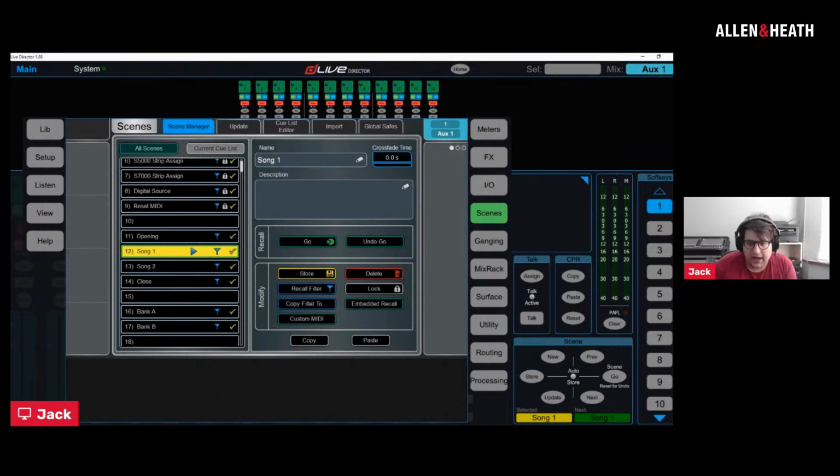There are no current plans to have any sort of timecode integration with dLive. That's not to say that we would never do it, just that at the current moment, it's not something we're looking into. There are lots of options if you want to fire scenes with timecode of using some sort of intermediary,